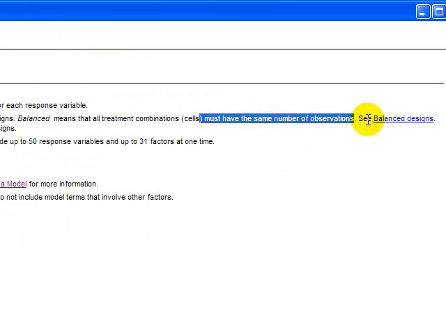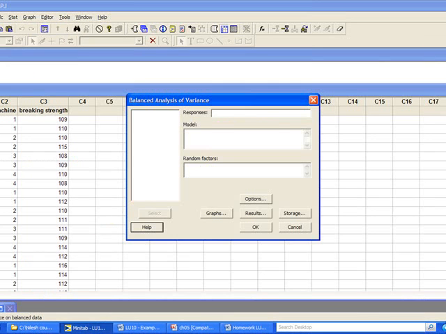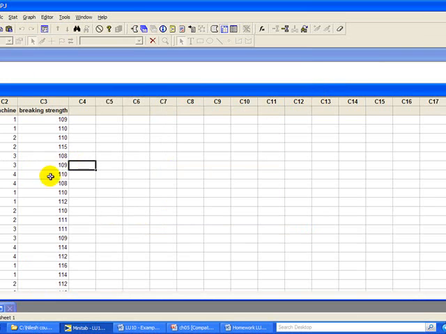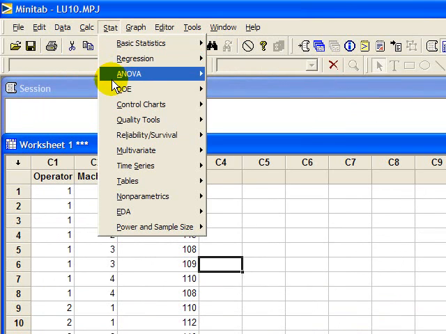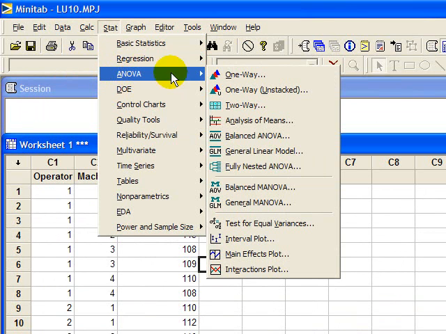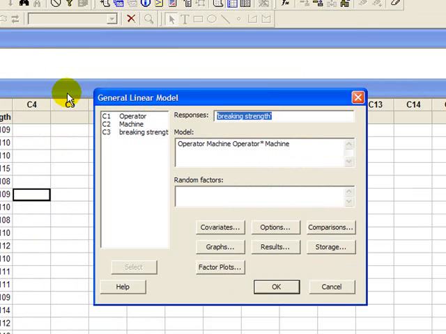If that is not the case, then we can use general linear model, right? In this case, we can use any model because our experiment is balanced, our design is balanced, but I will use general linear model because that is a general one that can be used for balanced as well as non-balanced designs,